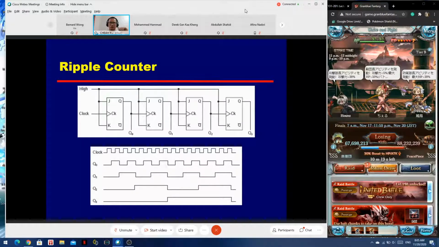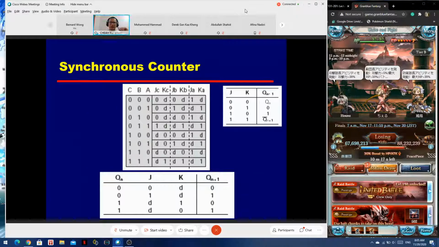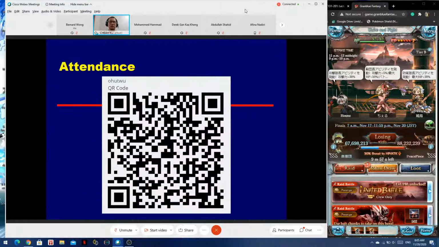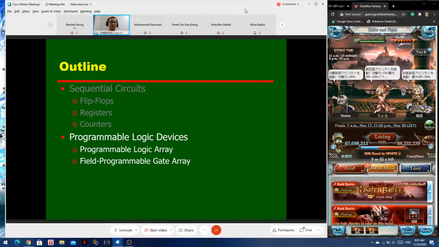But with the synchronous counter, the signals are sent to all the flip-flops. So they potentially may be excited to change, okay? But whether or not it changes depends on the function that has been given to it. So these are the two different counters, and today we will tie up with